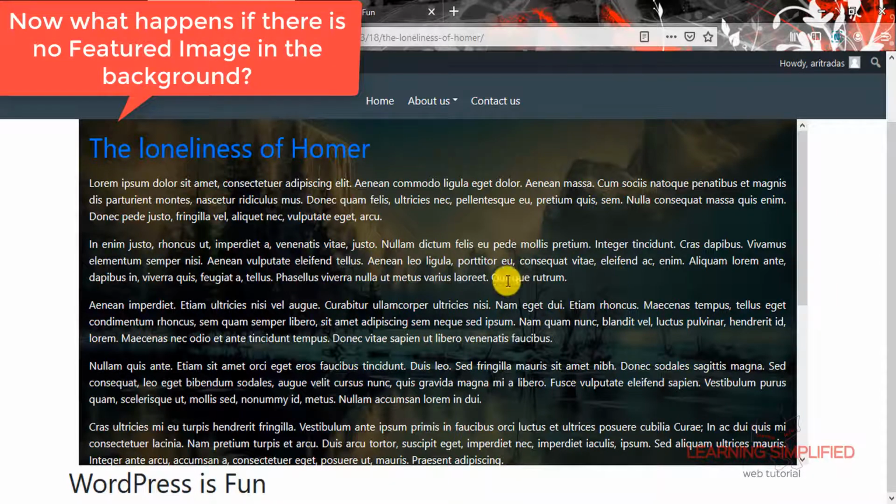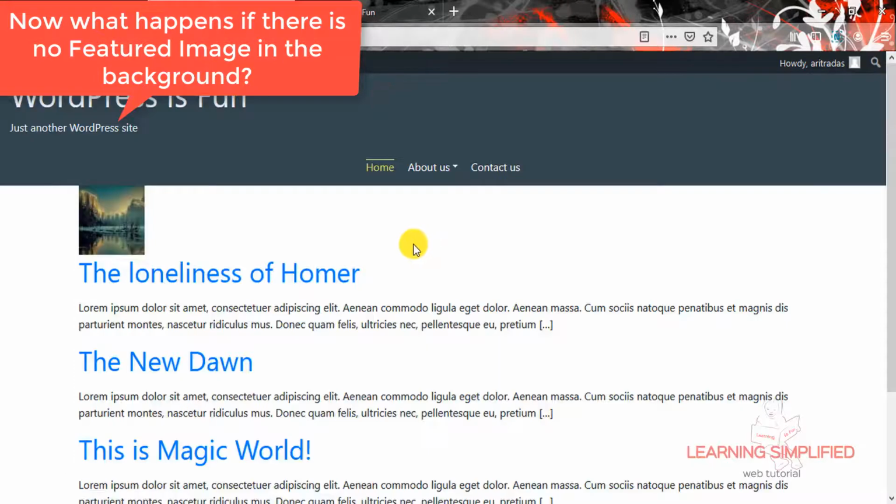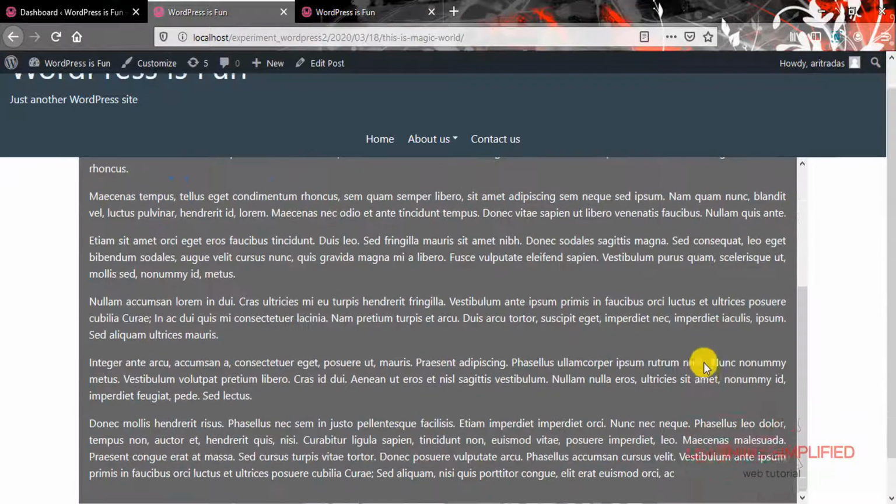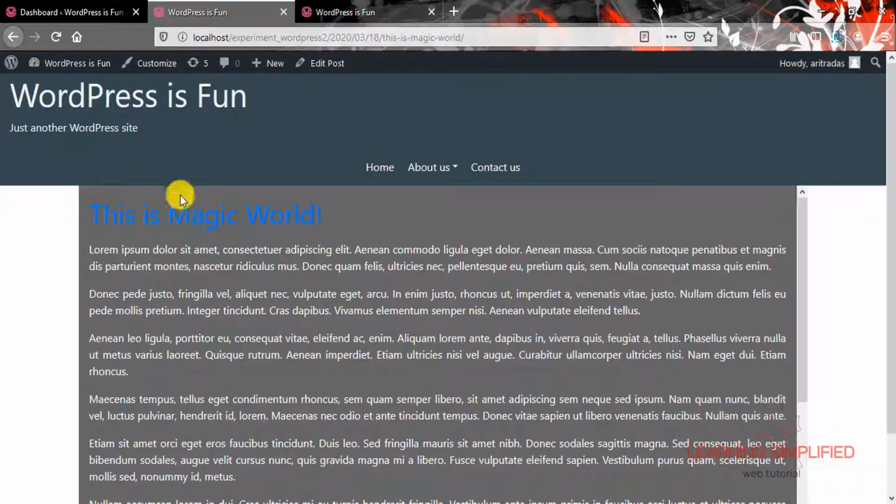If in case there is no featured image, like if we head back to our index.php and, say, we are checking in this individual post, this is a magic word, and we can see that it is practically working in this significant way. So we do not need to put any additional background color in an attempt to cover up things, like when there is no featured image, what should be the background color. So this is how it can be managed here.